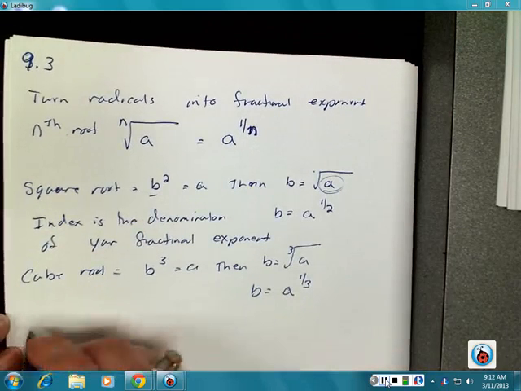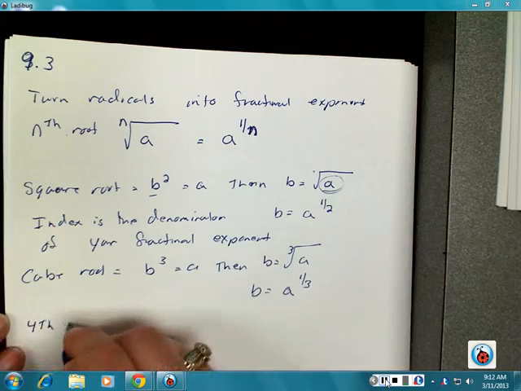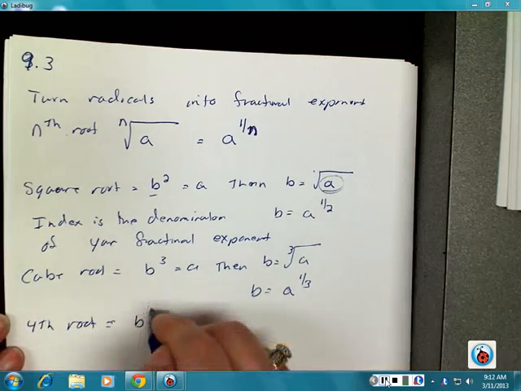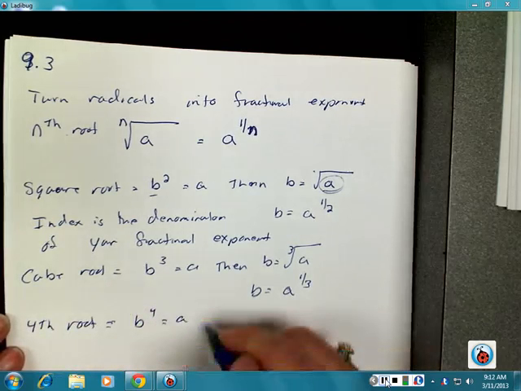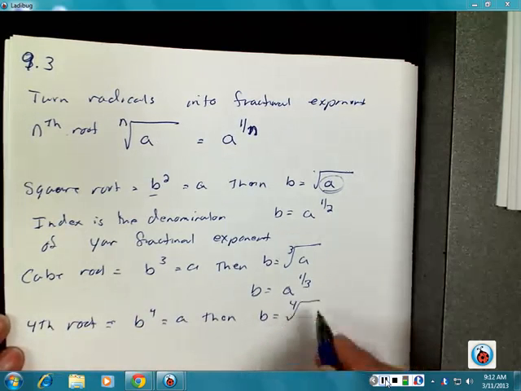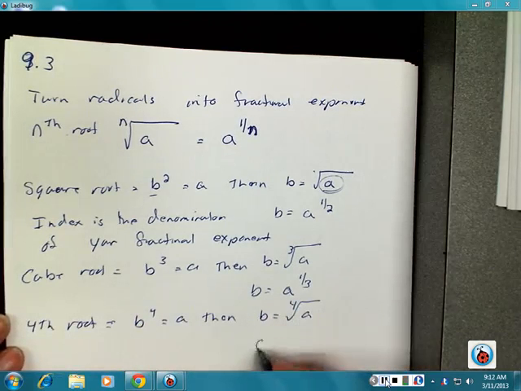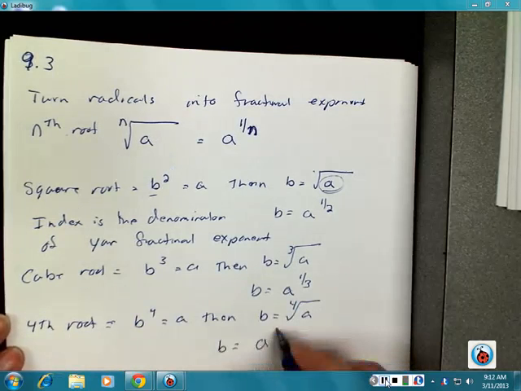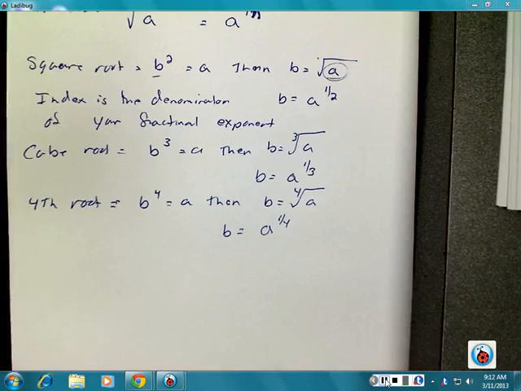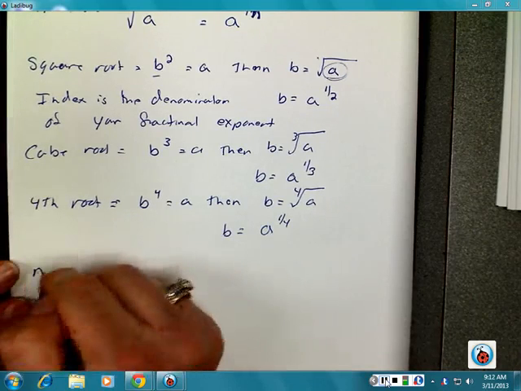So if it's a 4th root, what do you think is going to happen? b to the 4th power is equal to a, then b is equal to the 4th root of a, or b is equal to a to the 1/4 power. And if we keep going, we could go to 5th roots and 6th roots and 7th roots and 8th roots and whatever. Or when we finally get to the nth root,